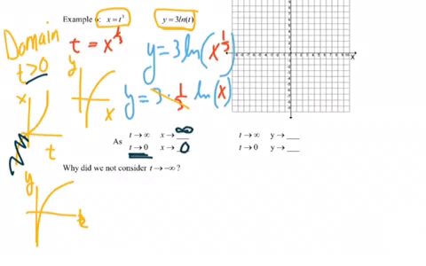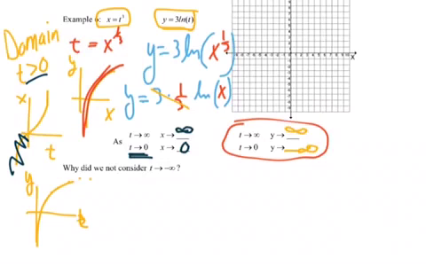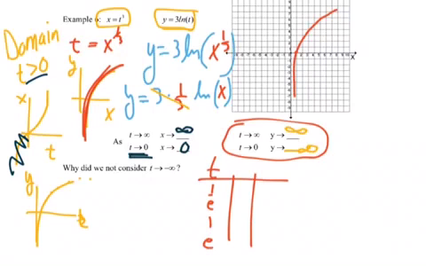So again, looking at this, as t goes to infinity, the y value goes to infinity, and as t goes to 0, the y value goes to negative infinity. So we should get all the possible y values. That's what this tells me. So that means I'm going to get all of these, so that is strong evidence that I'm going to get the whole graph. So over here I know this thing's going to look something like this. The only thing I need to know now is the orientation, and the easiest thing to do there would be maybe plot some points. And this time the points I would plot would be 1 over e, 1, and e,